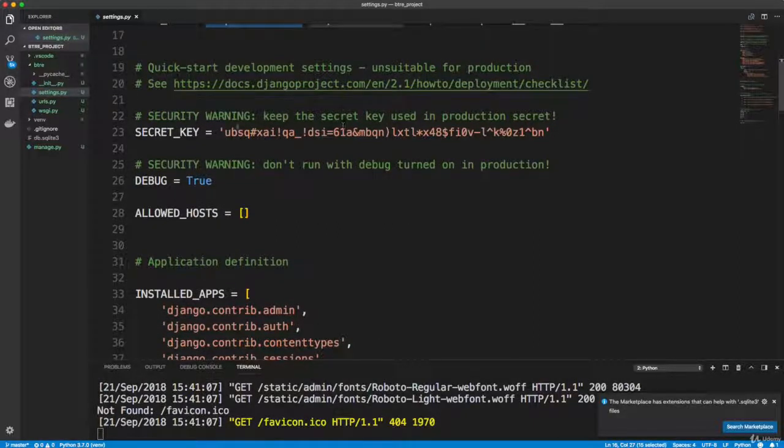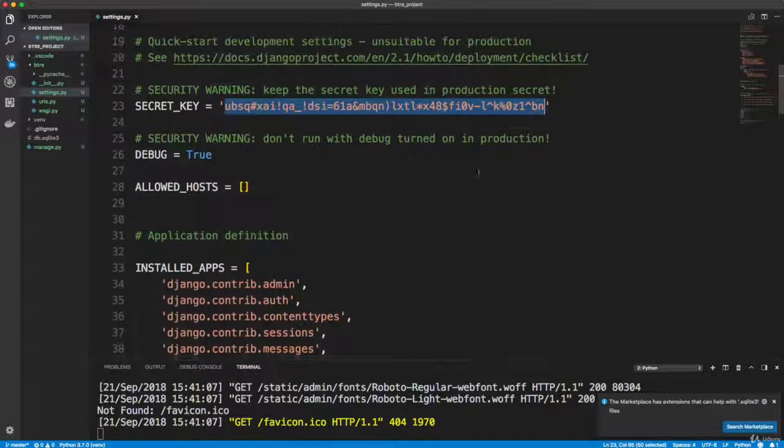So if you deploy a Django website, you never want this to be shared. You want to keep this secret, and later on when we get to deployment, I'm going to show you how we can actually hide it so that we don't have to include this in our GitHub repository or anything like that. Let's see, so debug,